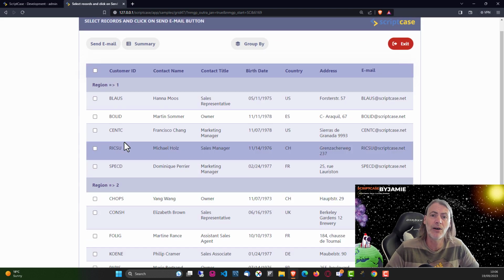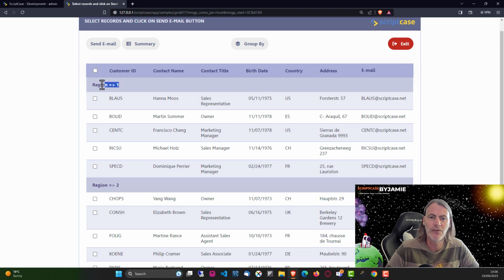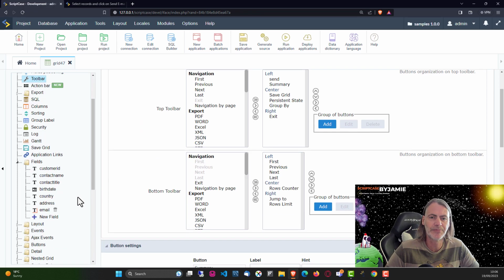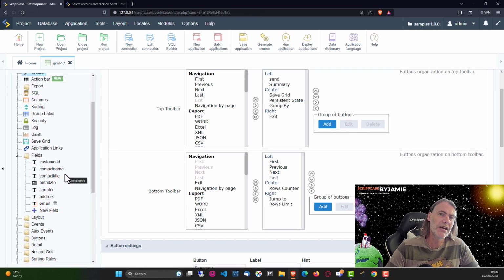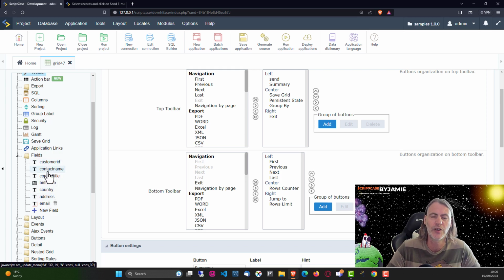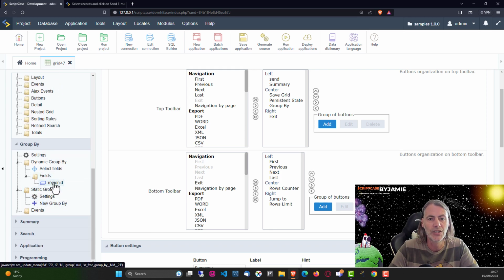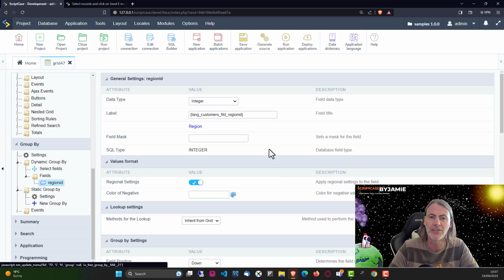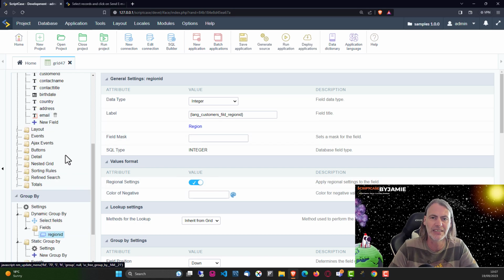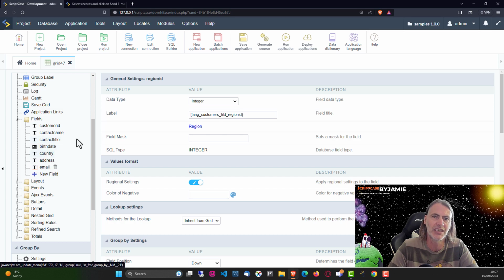And remember what I said about digging deeper? So here we have region 1, region 2. Okay, so to customize that, I could have the region already pre-configured here within my fields. Now I have the option of dragging and dropping or adding that field into the fields and then adjusting that and then hiding it again, or I can just come here to the region ID and make the adjustment for this value only. Okay, and leave the grid as it is,